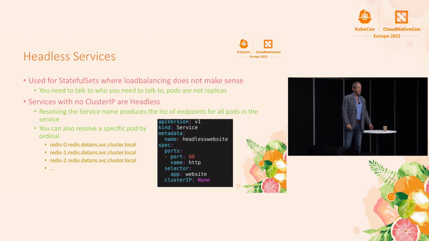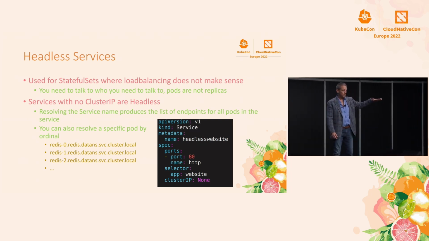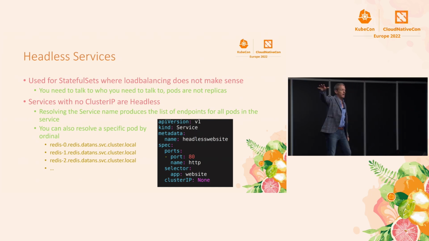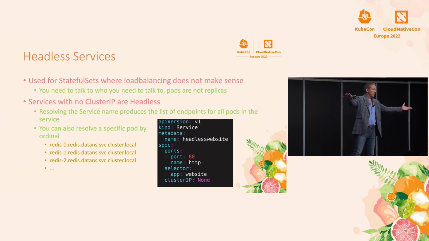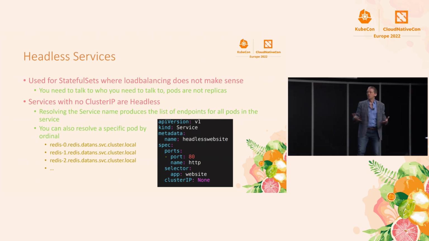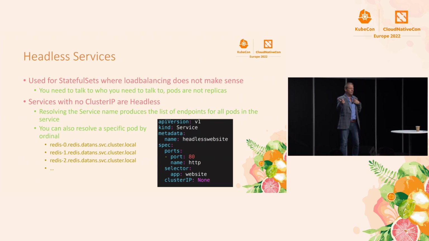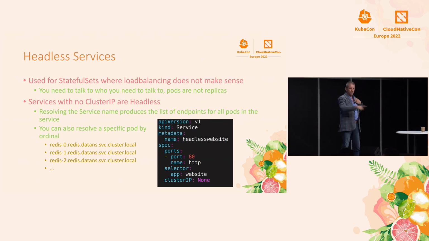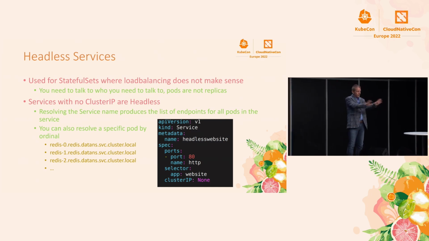It won't go away. In other words, the Kafka guy that's servicing the NASDAQ market data, when it crashes, it's going to fire back up over here, and it's going to still be Kafka 7 with the NASDAQ data. And the volume it was using is going to chase it if it's network attachable. So that's what we want in a StatefulSet. And so if I need to look up Kafka 7, I don't want to fix myself on the IP. What if it gets punted to a new machine and gets a different IP? I want to use the DNS name, right? I want to be abstract from the machinery of the networking.